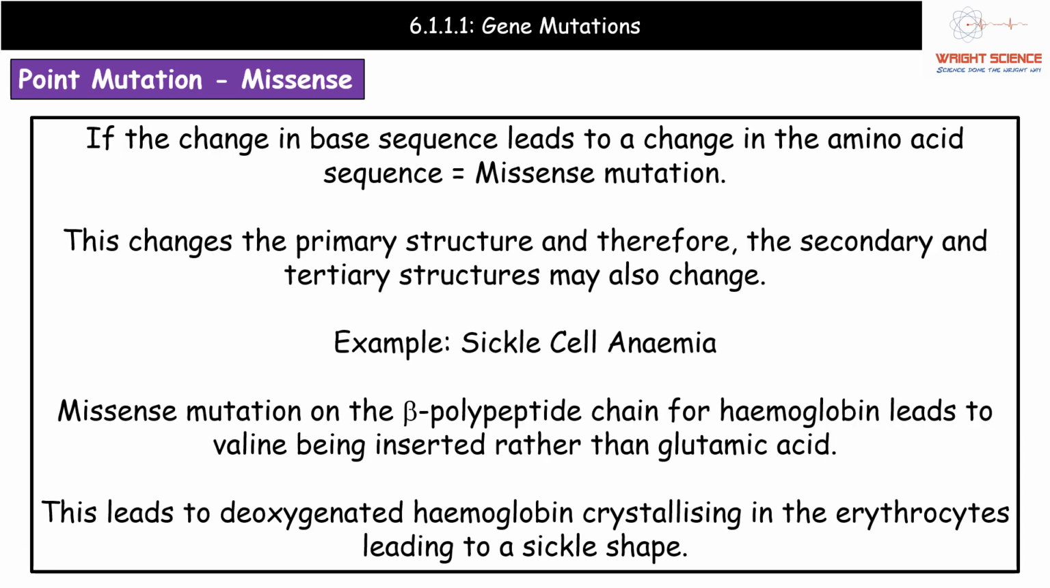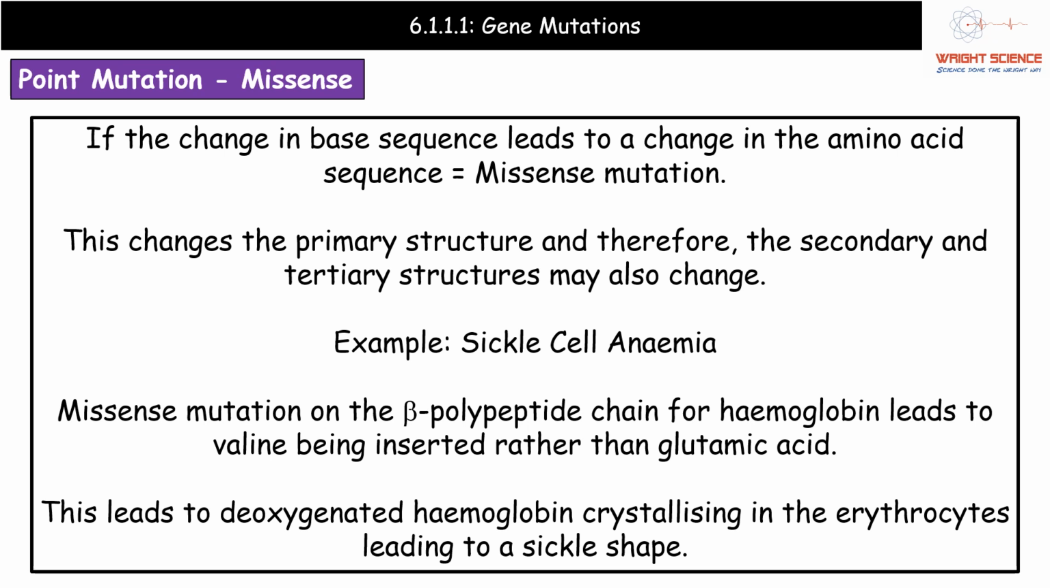The second point mutation that could occur is what we call a missense mutation. And what we're seeing here is that this little change in the base sequence is going to lead to a change in the amino acid sequence. So because we are changing that codon and therefore a different amino acid is coming in, this means the primary structure of that protein is altered. That may mean the secondary and tertiary structures change, but it's not a guarantee, remember,